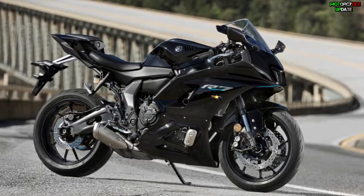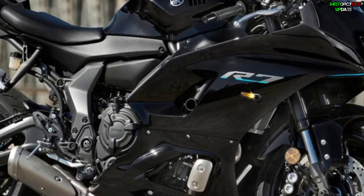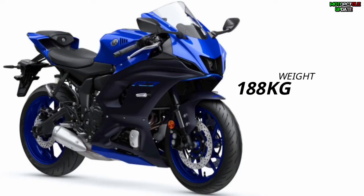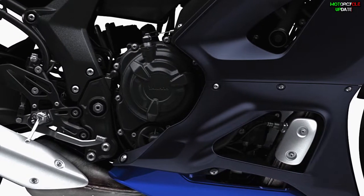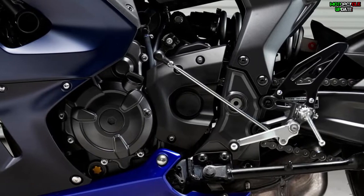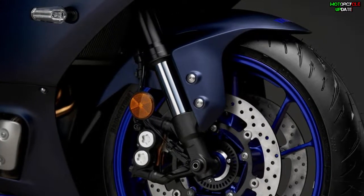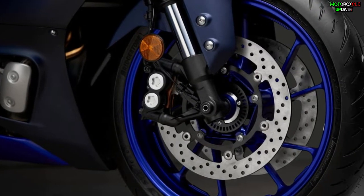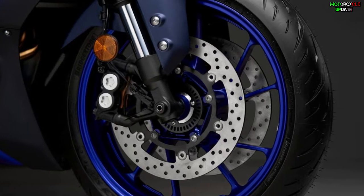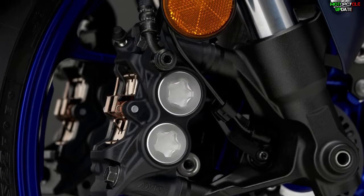Besides, this bike also gets a lightweight frame design optimized in terms of aerodynamics, and the vehicle weighs only 188 kilograms. The Yamaha R7 is also equipped with an assist and slipper clutch, accompanied by a quick shifter. Unlike the MT-07, the new R7 gets a Kayaba 41mm upside down fork. This bike also comes with two front disc brakes measuring 298mm, complete with Brembo 4-piston symmetrical calipers combined with safety